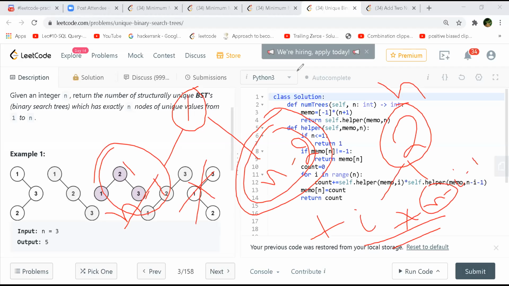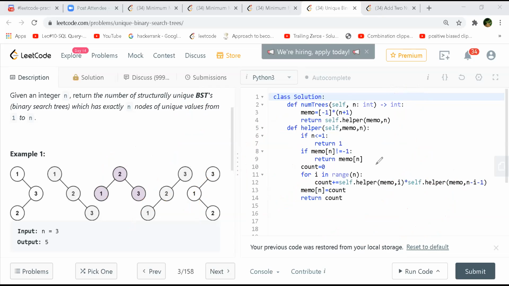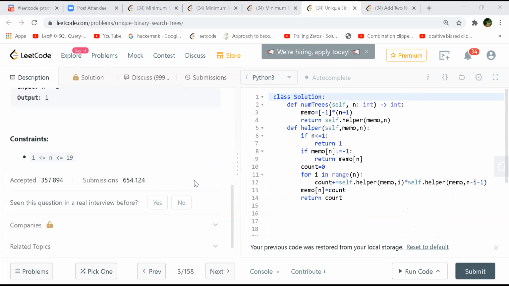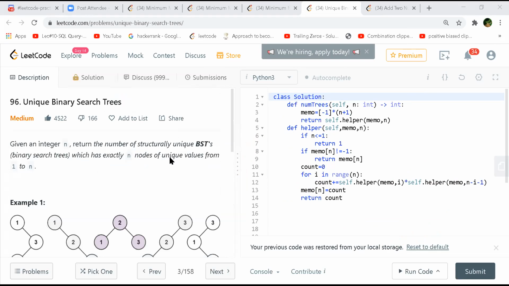Right. Yeah, that is surely one way, but it will be a very optimized way of doing it. So I was trying to think. The way you are representing it, and the same if we do it recursively, I think you are also doing it correctly. I'm just memoizing it, but without memo also it is passing. But let's say if constraints were very high, then without memoization it won't. Because the constraints are very small in this case, they are only 19, we can just use recursion, isn't it?